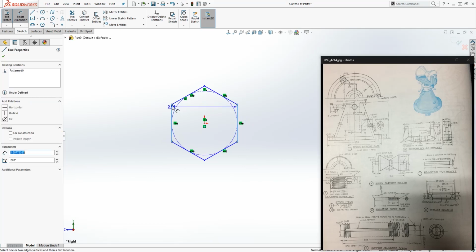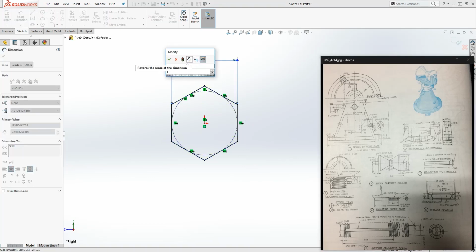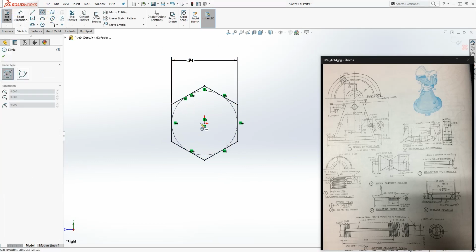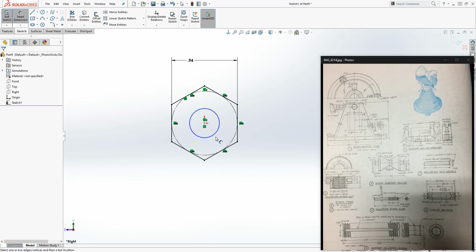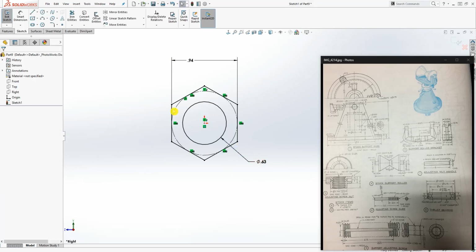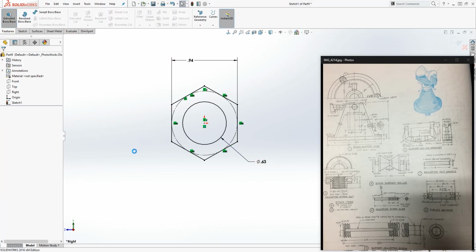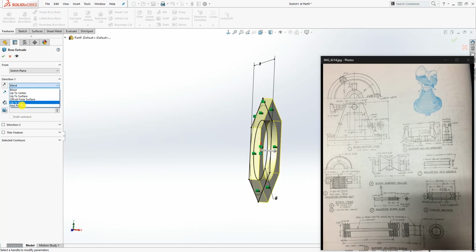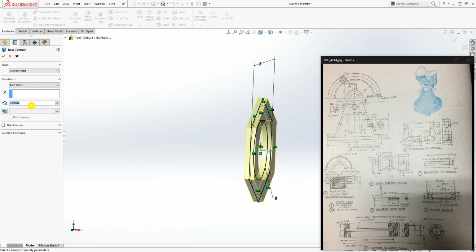From this line to this line, make it 0.938, and add another circle to the center, and this is going to be 0.625, and feature extrude, and we want to extrude it by the mid plane. It is going to be 0.375,